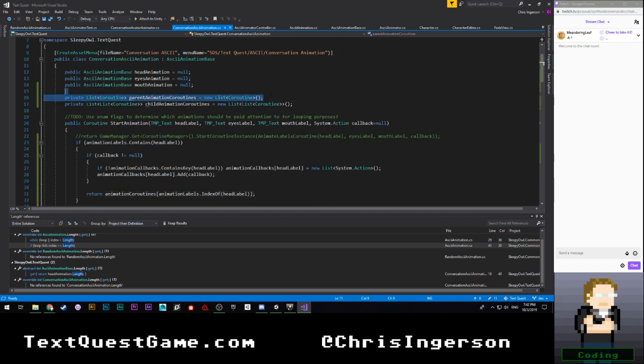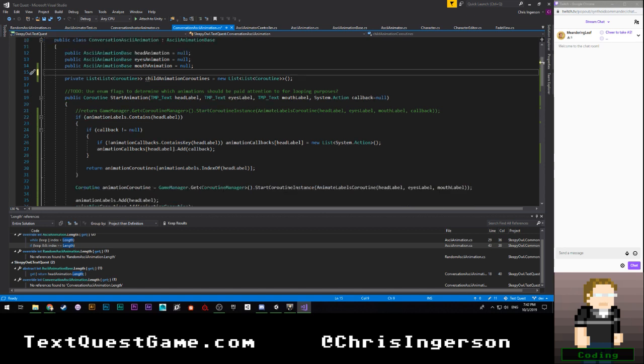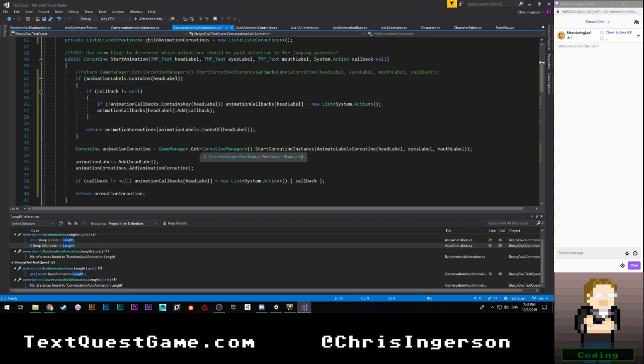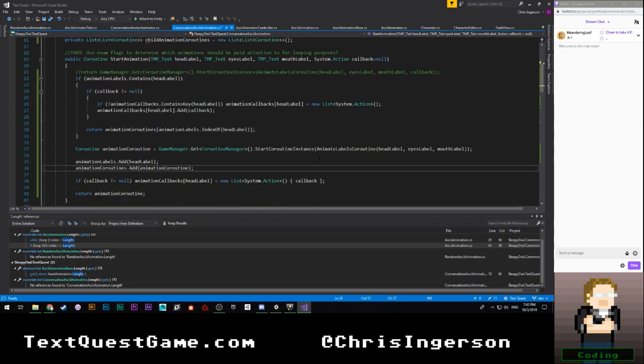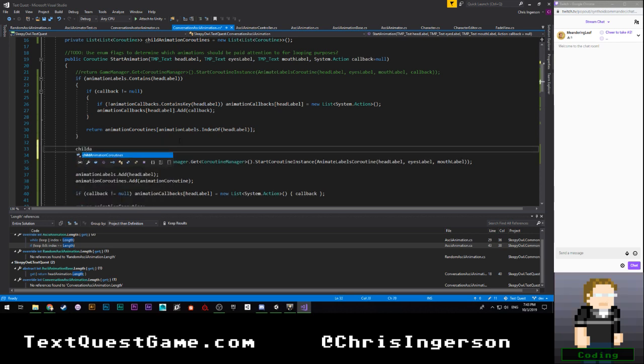Now I just need to have a list of list coroutines. That's still fine. Okay, all right, I think I got this. It's super weird, but I think I've got this. So we are going to do this slightly out of order. We're going to say child animation coroutines.add new list coroutines. So it's going to be a new list.